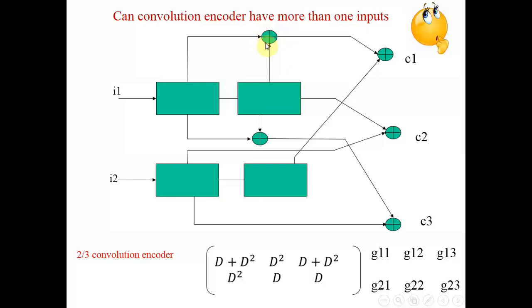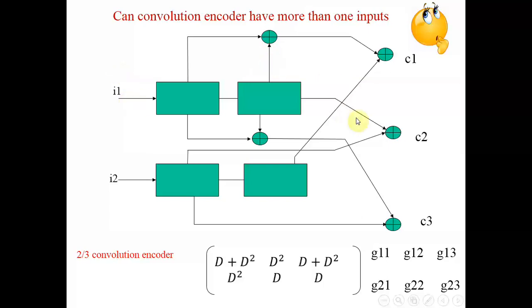receives 2 different inputs, right? This XOR gate has 2 different inputs. One is this, which is delay of 1, which I can write as D, plus second delay, D square. So if I start moving from input 1 to output 1, the input is not connected directly, but the input is delayed, then that input is delayed again here, and those two are combined and given to C1. So from first input to first output, my generating function is D plus D square, right?